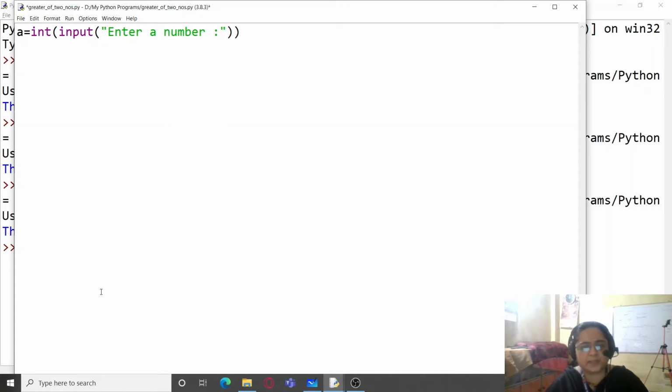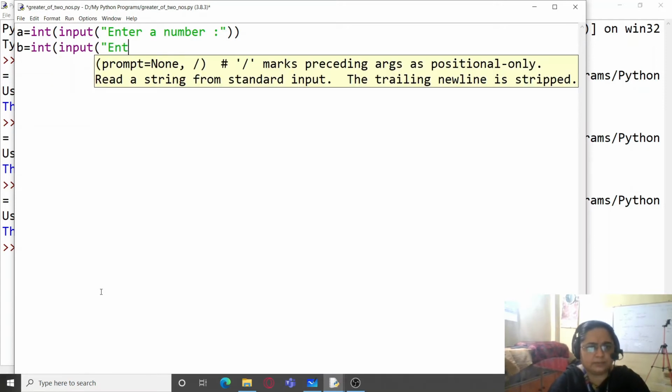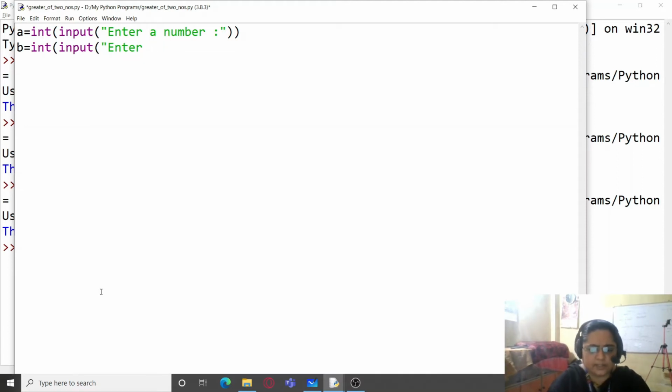For this purpose, when you are doing comparisons, always stick to integer values only. Even if it's a float value, convert it into integer and only then apply the condition on that. So I'm taking two integer values only right now. We will write here enter first number and enter second number.